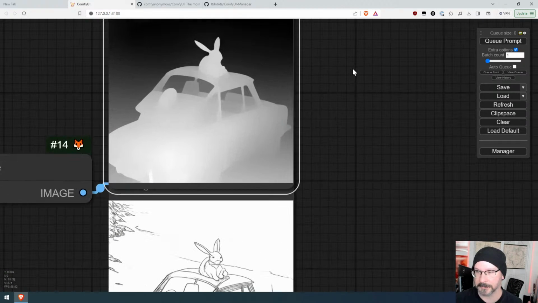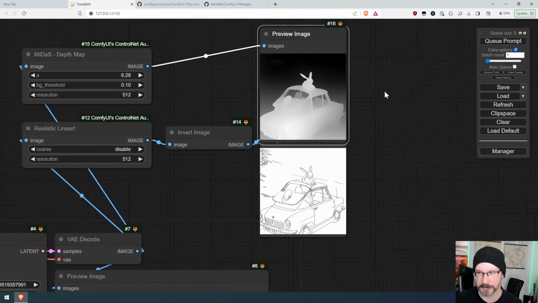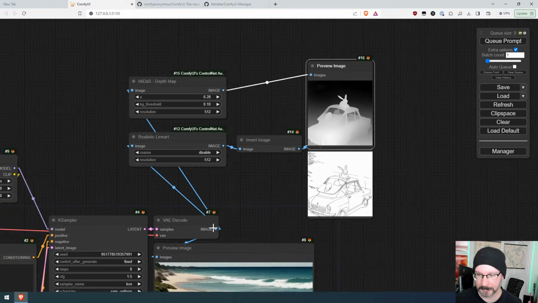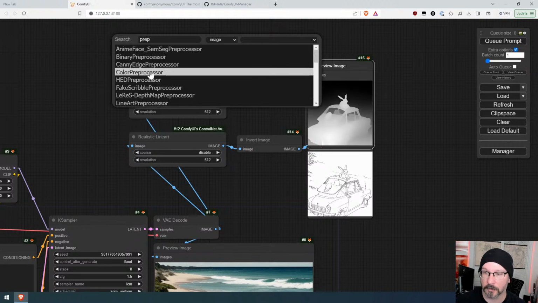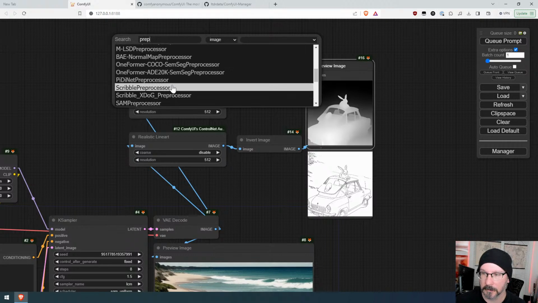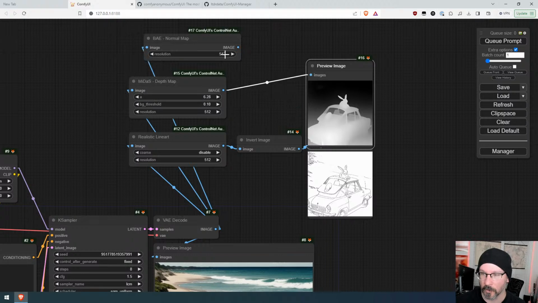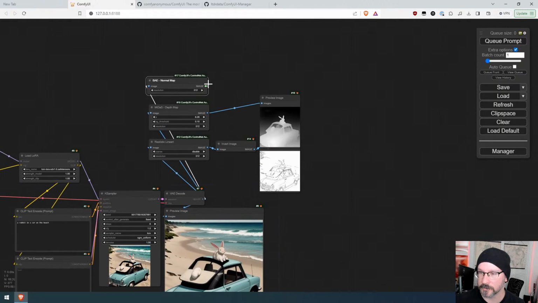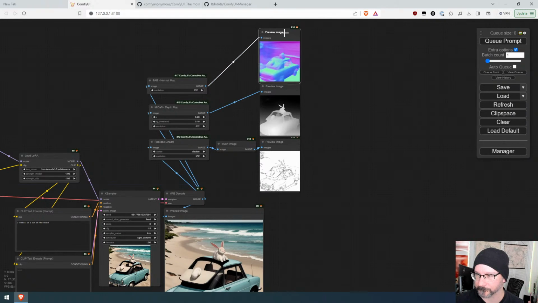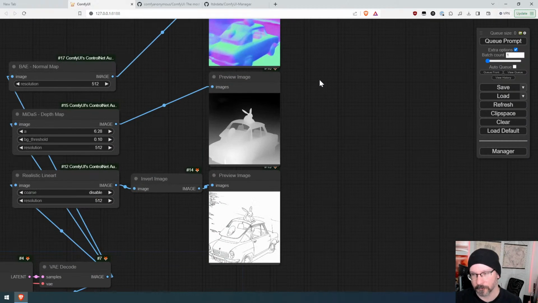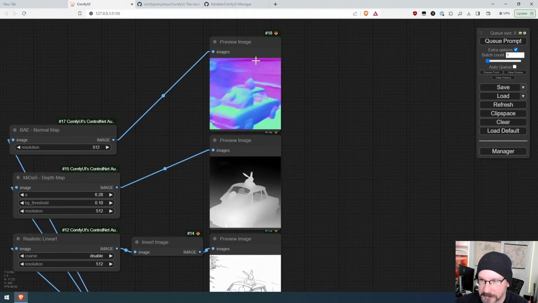And now what we get is a depth map, which is interesting. Let's pull out another one, and let's search for, what do I want? I want a normal map. And with this normal map, I'm going to preview the image, and then we are going to get something like this. Now, if you've ever done anything with 3D, you know that depth maps and normal maps